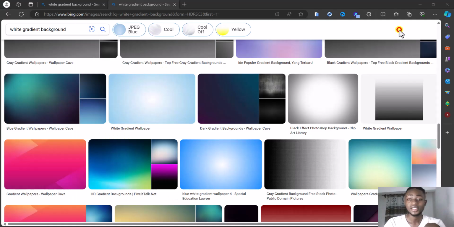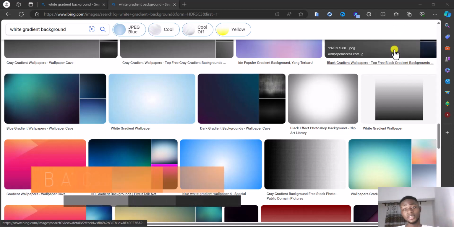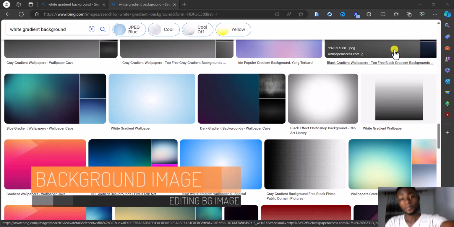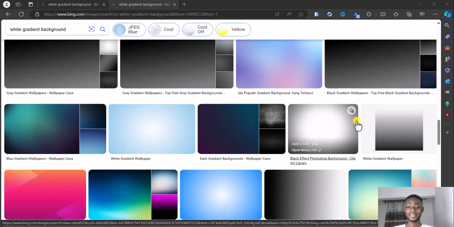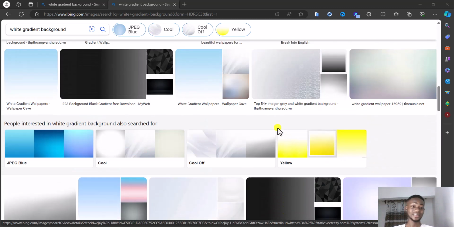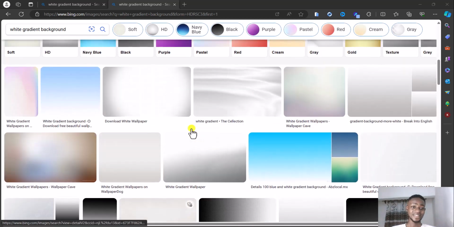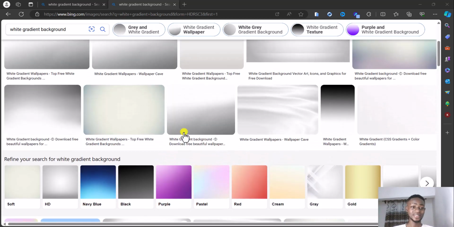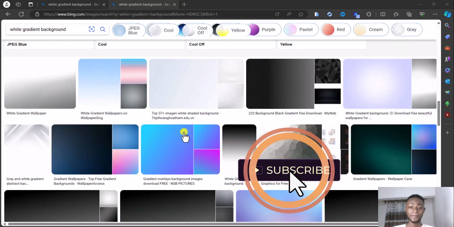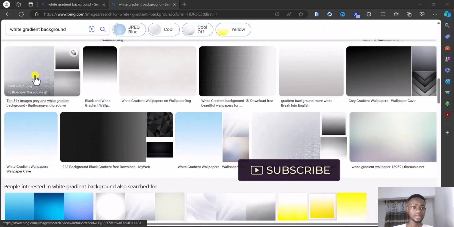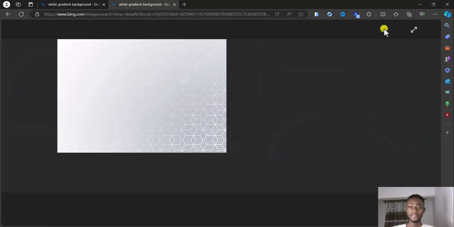Let's get to it. So apparently right now this is me looking for a white gradient background to download, of course. And this is always the toughest part, yeah. I saw something really cool somewhere. Let me just see if I can grab it. I was intrigued by it, so